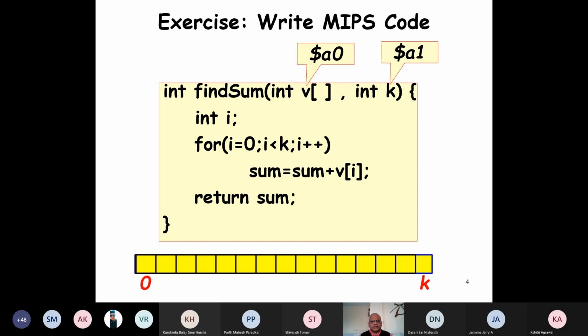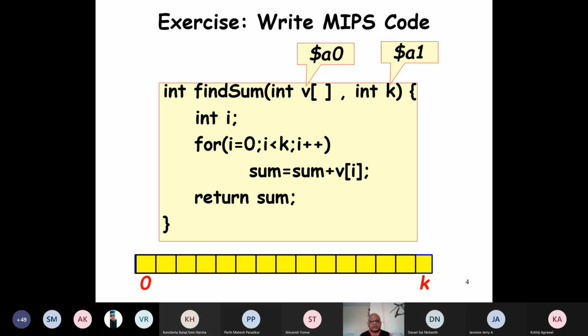And our work is to write this simple routine, just one for loop, where we add all the elements here one by one, get them from the memory, add them and accumulate them in the sum, and finally return the sum. And to return the sum, we'll have to copy it to the V0 register.